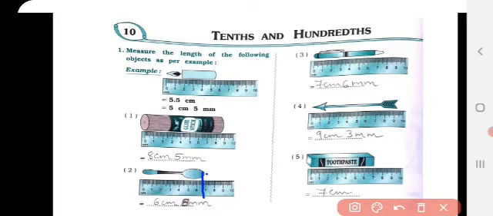So 6 centimeter and 8 millimeter, or 6.5 centimeter. The same way, the third number is given a length of a pen you have to measure. The pen is starting with 0 and it ends between 7 and 8, but it extends 6 millimeter. It is not 7.5, it is more than 0.5, that is 1 division more. So 7 centimeter 6 millimeter.